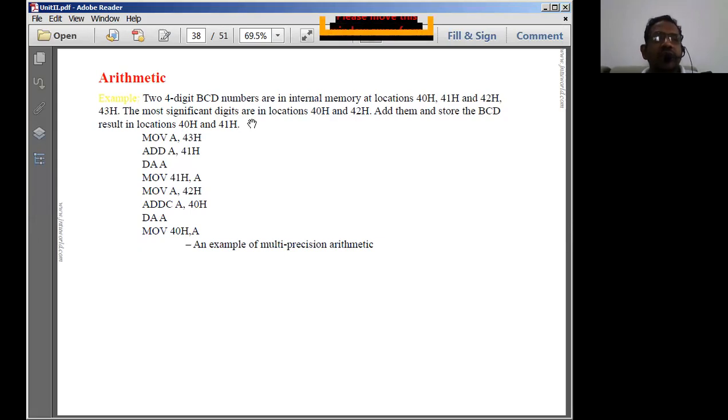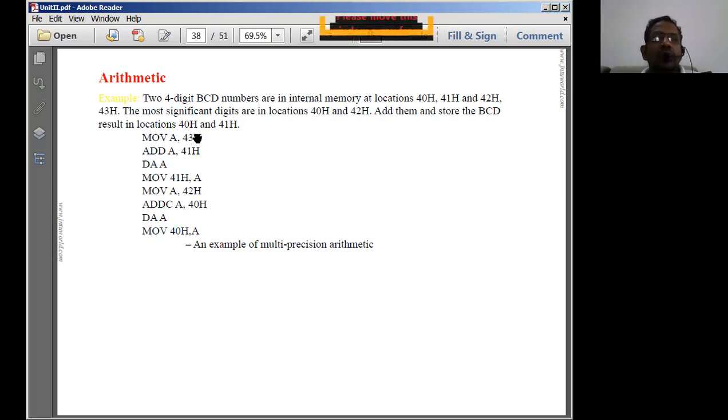The most significant digits are in locations 40H and 42H. That means the two digits of one number have one MSB, and the other number has another MSB. These two MSBs are stored in 40H and 42H. Add them and store the BCD result in locations 40H and 41H.